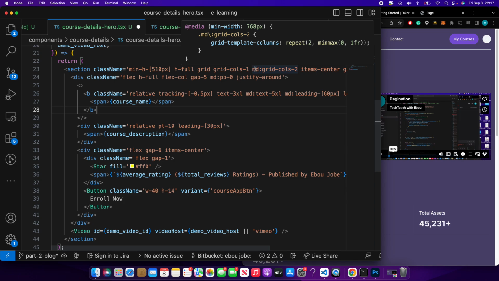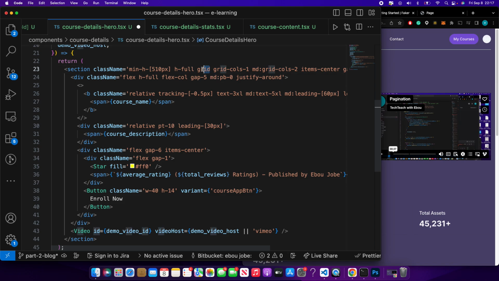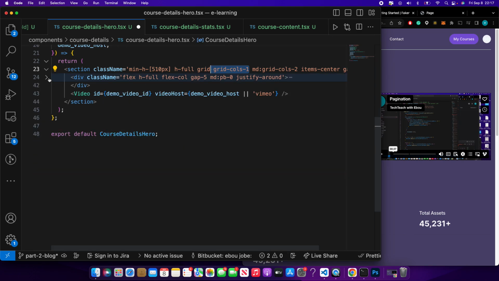Very similar to CSS, all they're doing is running media queries behind the scenes. So what I'm saying is, make it a grid, and at the starting point, which is the smallest screen size, give it a grid template column of 1. Because I'm rendering 2 divs here, as you can see, I'm rendering 2 content. One of them is a div and the other one is the video. And I'm saying render each of them on a new line, except